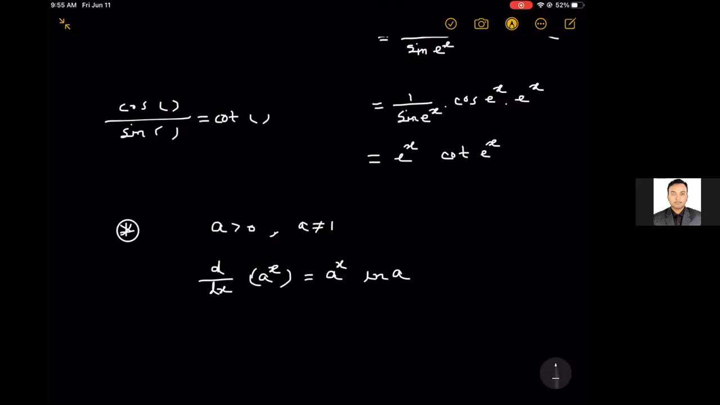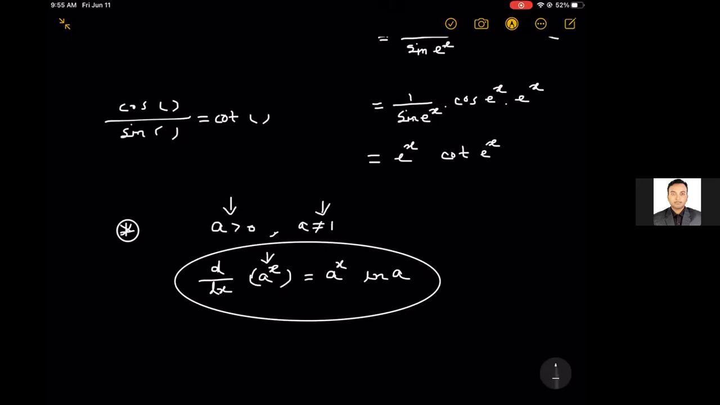Okay. Whenever you have a function of this format, a to the x, where a is a numerical value, or even if it's not a numerical value, if it's stated that it's greater than 0 and it's not 1, the derivative of this will be that particular function itself times the natural log of this base. Okay,